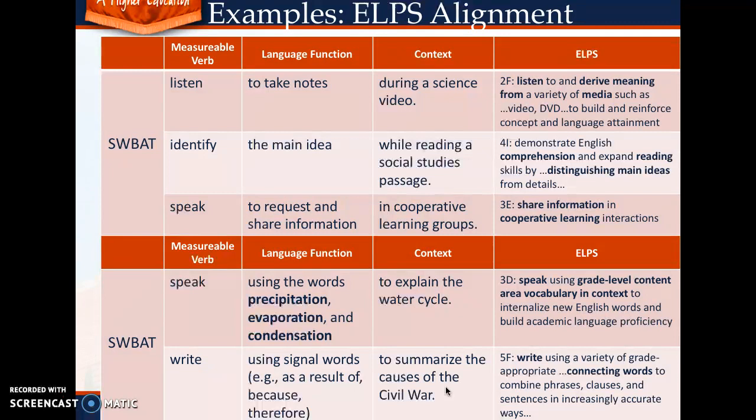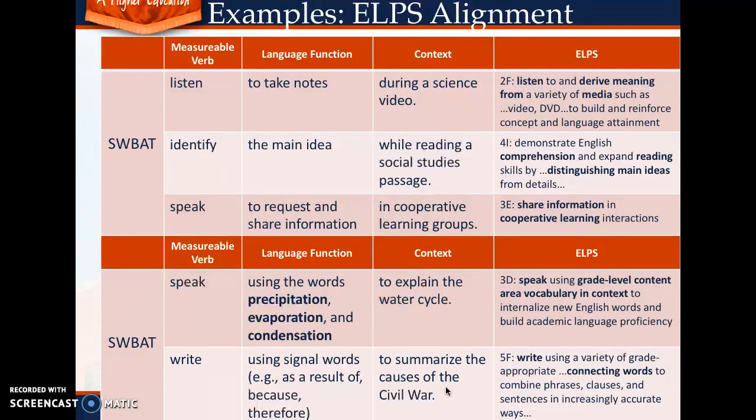And then it becomes really easy to assess, because then you just look and see where the students are able to use those words in their explanation, yes or no. If they're not, then you need to go back and reteach the words. If they are, then they have met the objective. Similarly, the last one,